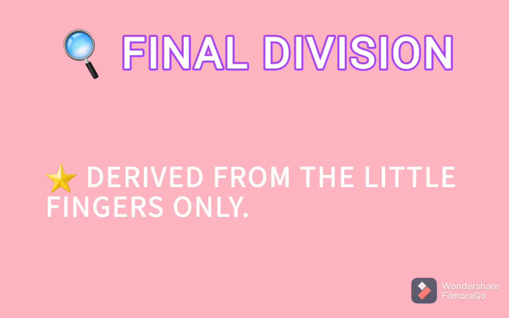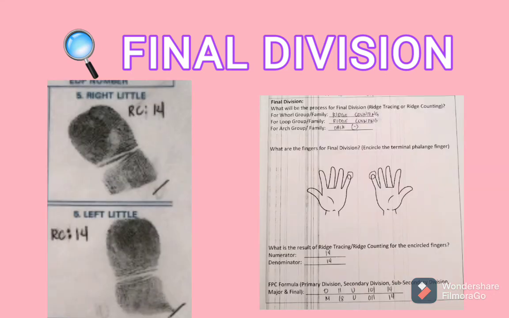Loop and whorl are both subject to ridge counting. So as you can see, whorl group family, we're going to use ridge counting. Loop group family, we're also going to use ridge counting for final division, and for the arc group family, we're going to use dash. Since it is the final division, we're going to encircle both little fingers. And as a result of our ridge counting, the numerator is 14 and the denominator is 14,